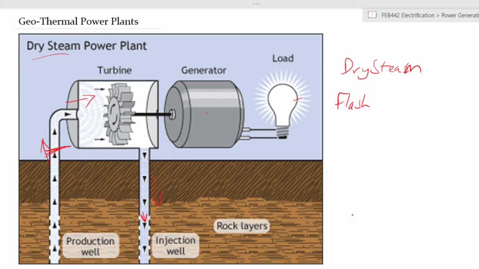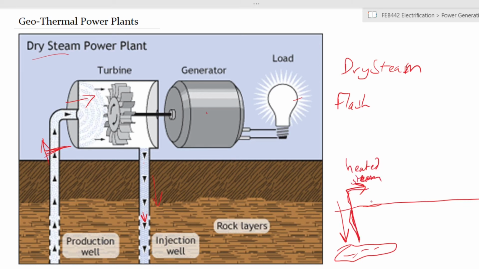So if this is the Earth's crust, you have pumped water going in, it is heated, and then it is taken off as heated water or steam, and then it passes through an exchanger, which then in turn provides the steam that actually powers your turbine and consequently your generator or alternator. So this is called a binary geothermal power plant. Now, unfortunately,